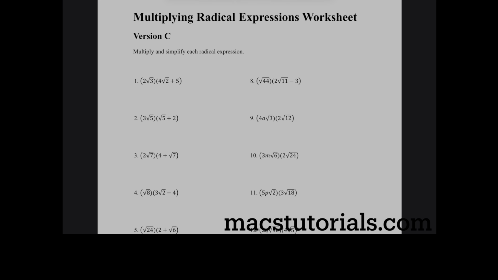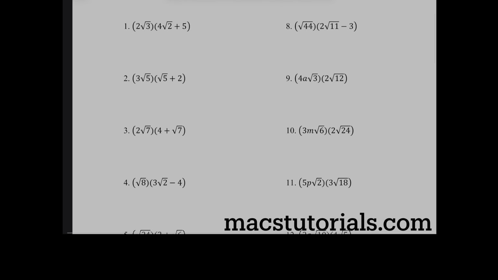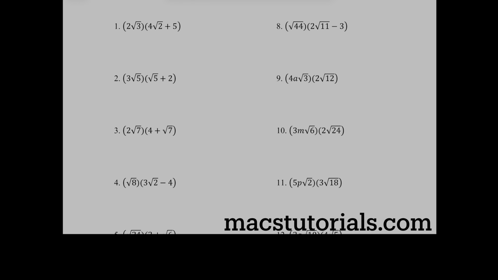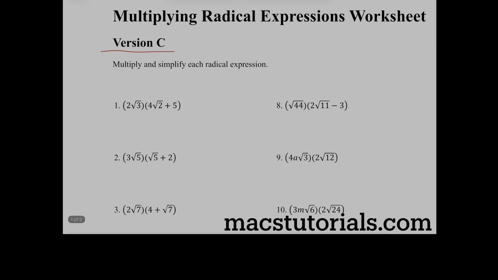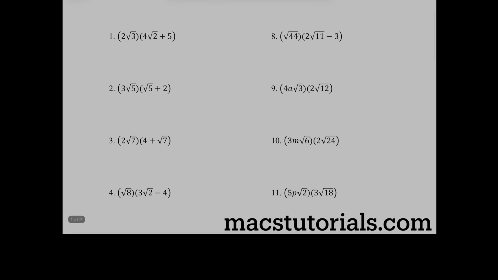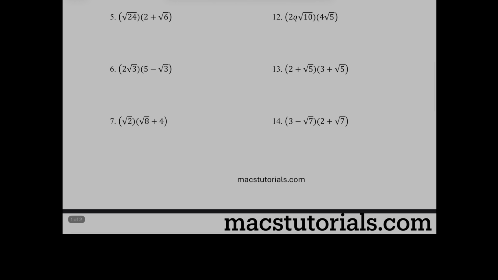This one is really important that you looked at version A. It's kind of an easy one. Version B, that one's harder. And version C, we're going to mix it all up a little bit on how to do these. So let's go ahead and start with number one. Now, by the way, this is version C. If you're looking for version A or B, or the one where I'm working things out in front of a whiteboard,